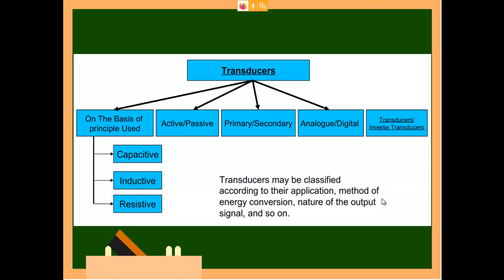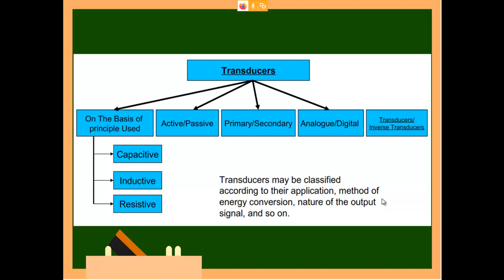Similarly, for sensors, you have a primary sensor and a secondary sensor. The primary sensor will be connected close to the area where you are going to sense. So I will sense, but it will not be of that much magnitude. It will be small in magnitude, and that is not sufficient for me to do my calculation. Then what I will do is go for a secondary.